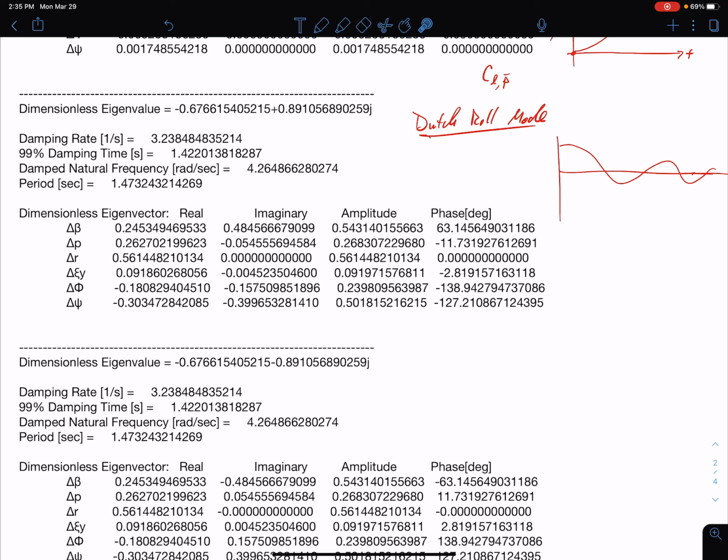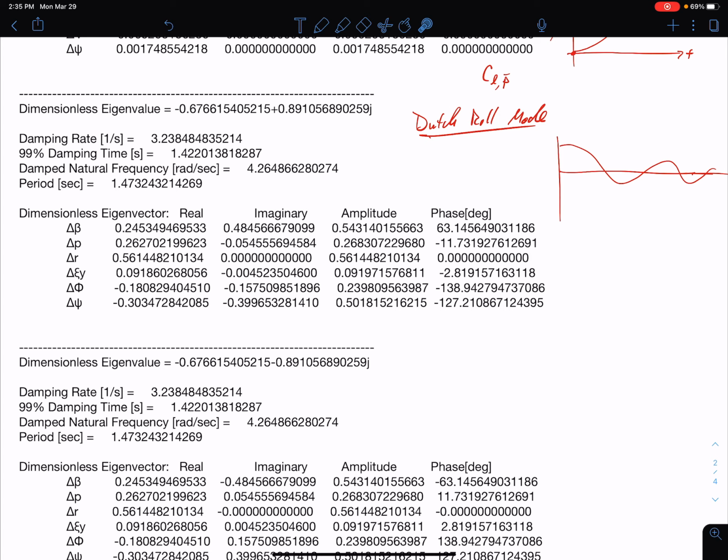The damping is often relatively light, and the period, you'll notice, is actually right on the order of human response time, so about 1.5 seconds. Humans can usually respond to something in between 0.5 second and 2 seconds, and so we're right inside of that. And so we're going to talk later about handling qualities of an aircraft and how pilots rate aircraft, and the fact that the period of this is right on the same order as human response time can actually cause some problems, because what the pilot senses that they should do and what they actually should do to dampen out this mode can sometimes be two different things.